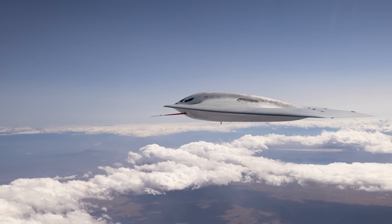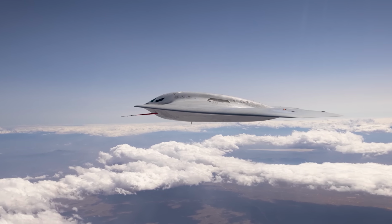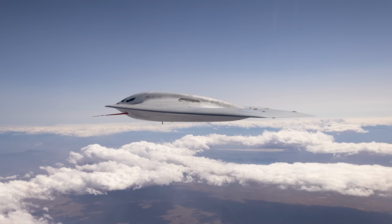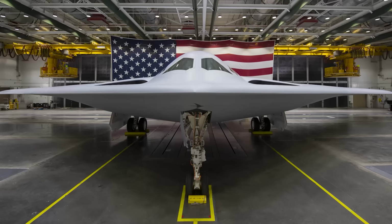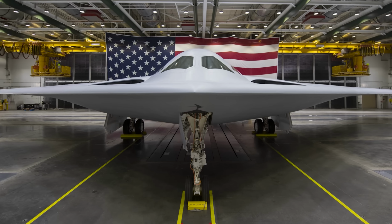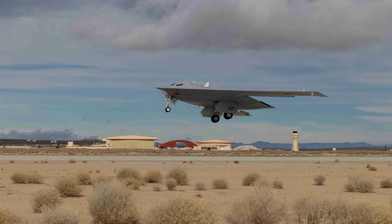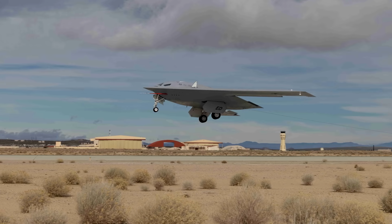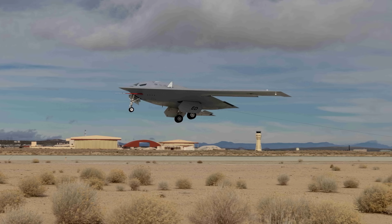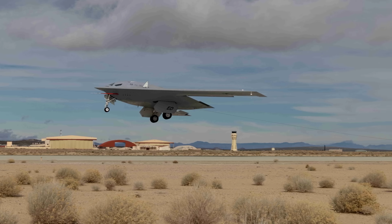As Lieutenant General David Deptula, retired, Dean of the Mitchell Institute, puts it, the B-21 isn't just a new bomber. It's a flying supercomputer with AI-driven stealth. Iran's air defenses won't know what hit them. The B-21 Raider is the US Air Force's next-generation stealth bomber, designed to penetrate the world's most advanced air defenses. As of early 2025, 3 of them have been delivered to the Air Force for testing. However, the plan is for a fleet of between 100 and 200 to be in active service by the early 2030s. But as we'll discover, it will probably only take a dozen or so to dismantle Iran as a military